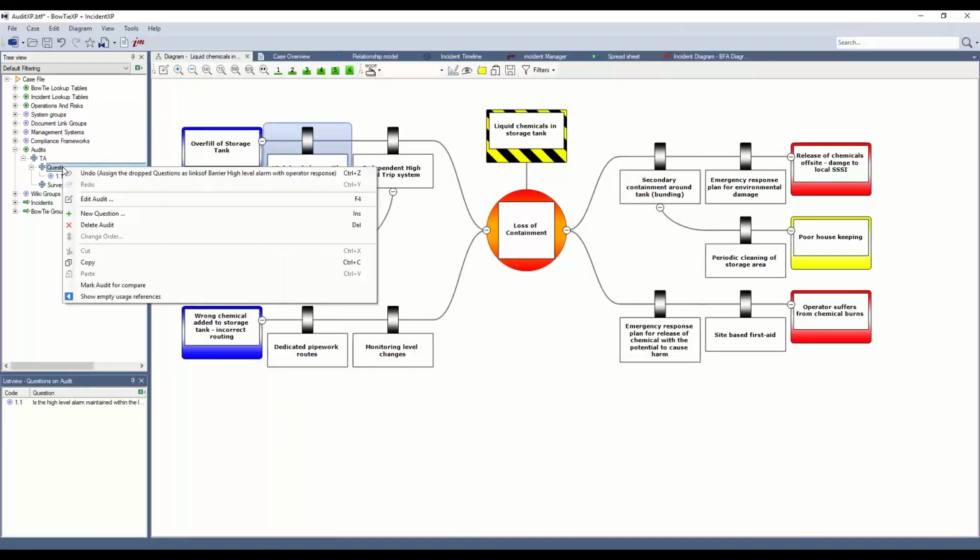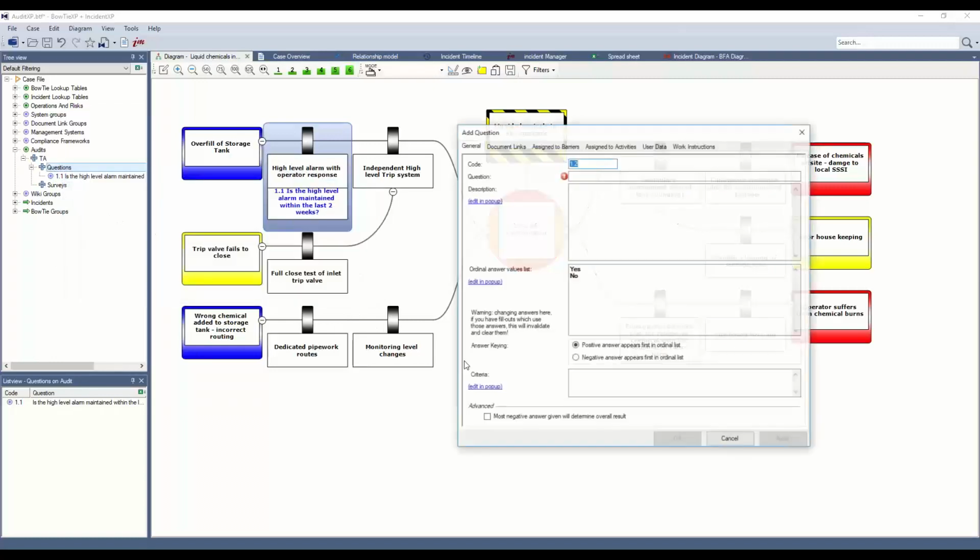Now we could create a second question. So as you can see, the system is going to keep coding it automatically, but if I want to change it, I would be able to do so as well. So let's create a second question. In this case, I want to ask something related to the operator response. So in this case, I'm going to ask, when was the operator